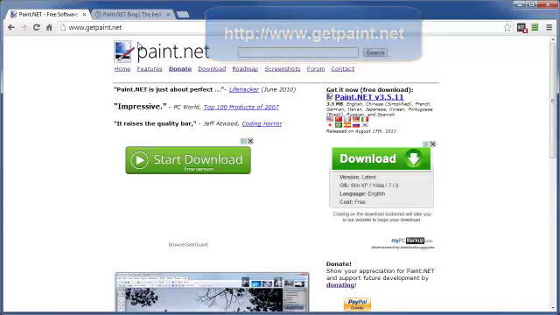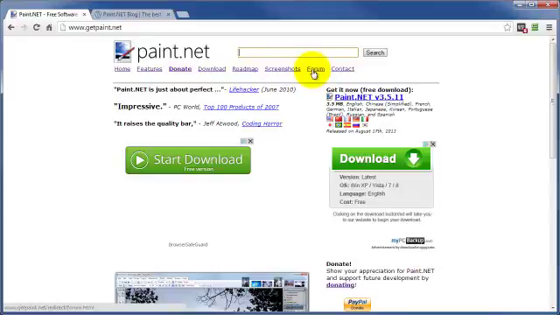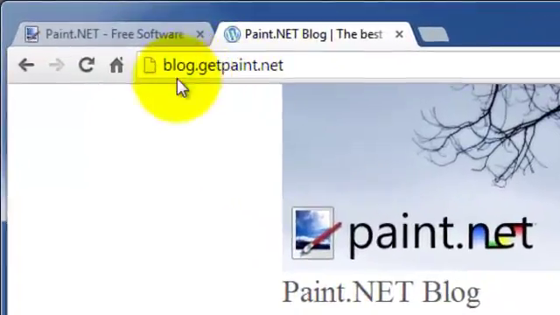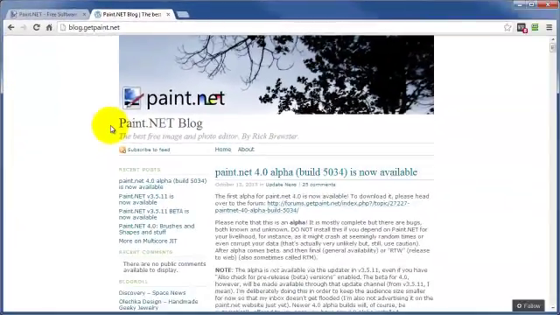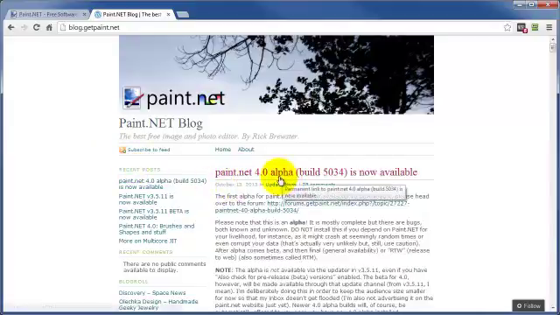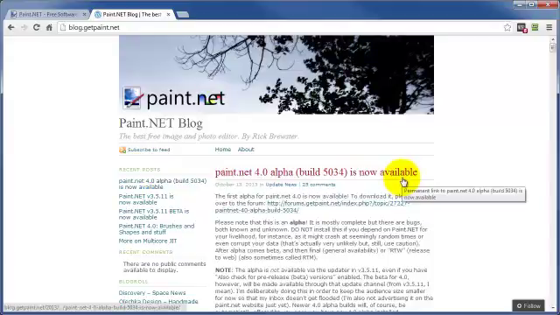Now, before we download and install the program, I do want to point out a couple of things that you should bookmark or at least be aware of for future reference. And that is the forum that you can get to right here and the Paint.net blog, which is at blog.getpaint.net. Now, the forum is very active, and the blog here keeps you up to date with what's happening and what is planned for future releases,